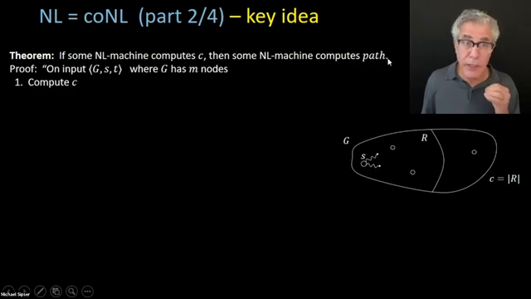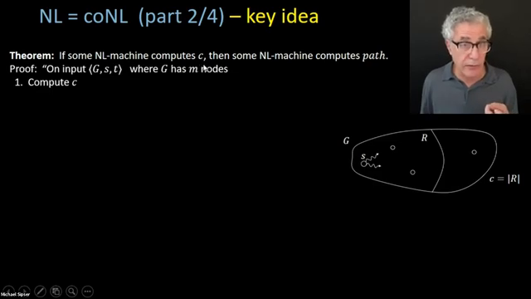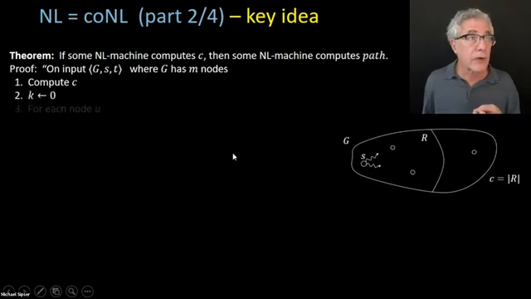So we'll be able to get the answer for every node in the graph if I just know how many. I can get the answer for whether a node is reachable or not if I just know how many reachable nodes there are. So what I'm going to do is get that count of how many are reachable. Now I'm going to go through,